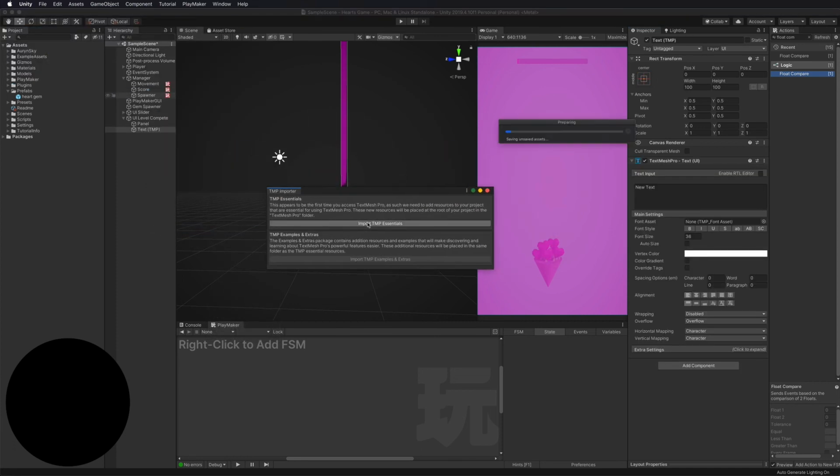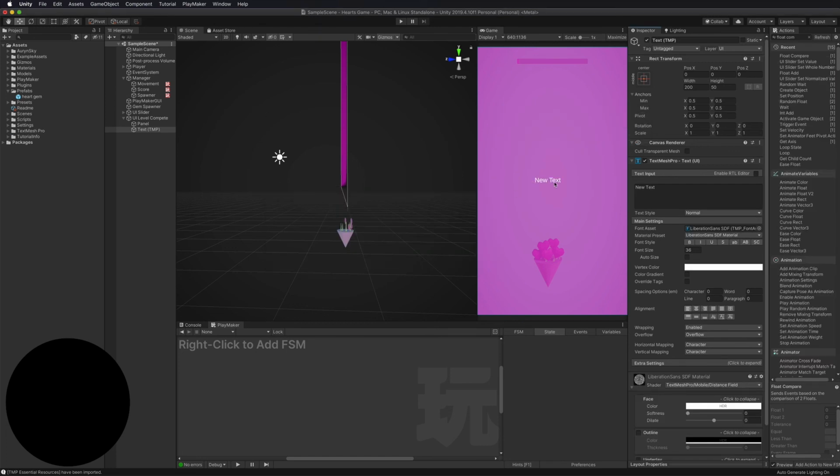We need to go ahead and add our Text Mesh Pro Essentials. And then we've got our text there. Let's go ahead and just add text as level complete. We'll go ahead and center that text and make it just a little bit bigger. Let's go ahead and bold it. And we need to make the text area larger.